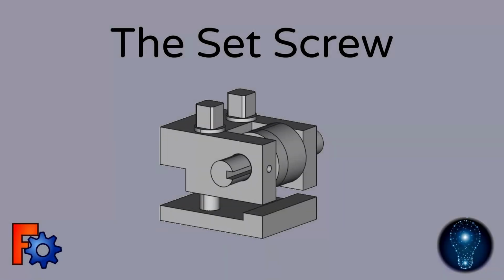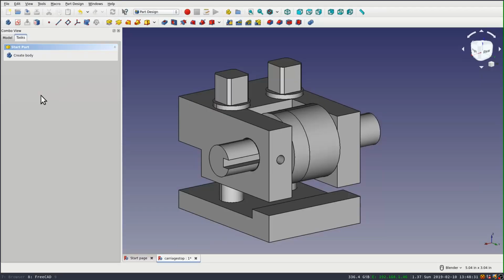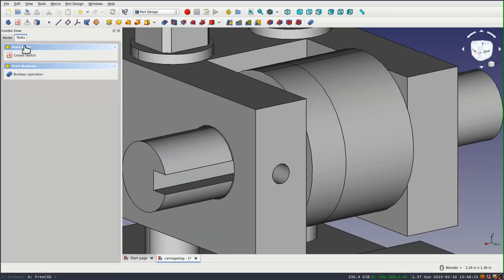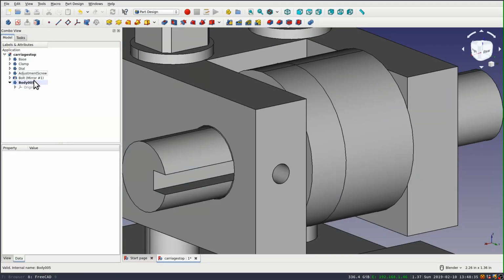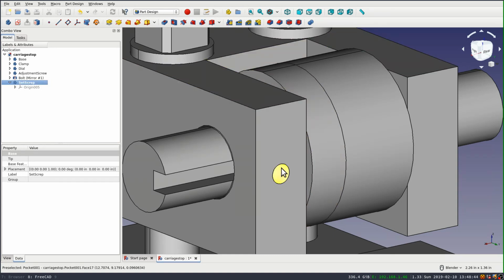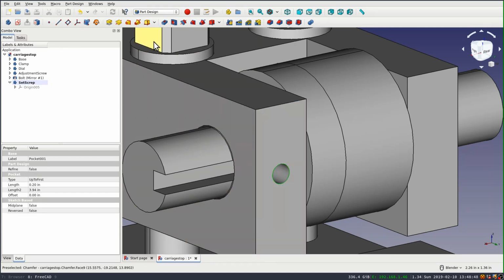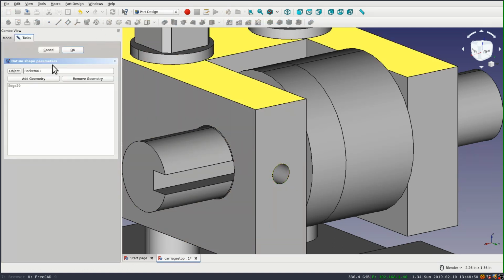All right, let's go ahead and add one more body, and we'll model the little set screw. And so I've created a body and renamed it to set screw to keep it organized. And I'm going to select this outside edge of the hole and do the same thing again. I'm going to create a shape binder in my new object,